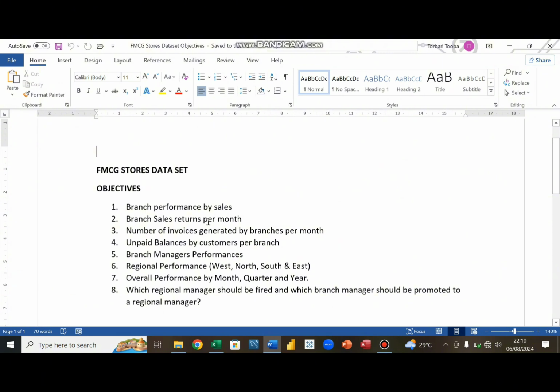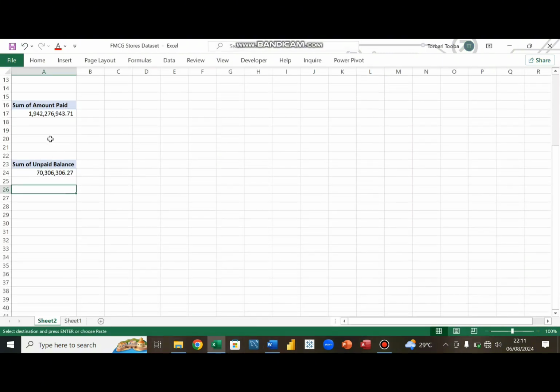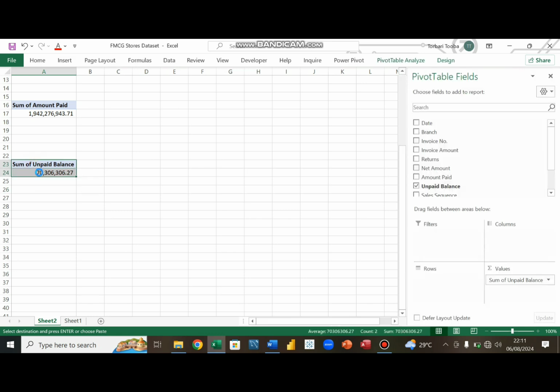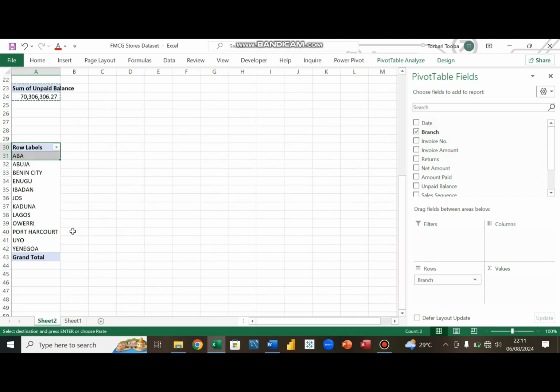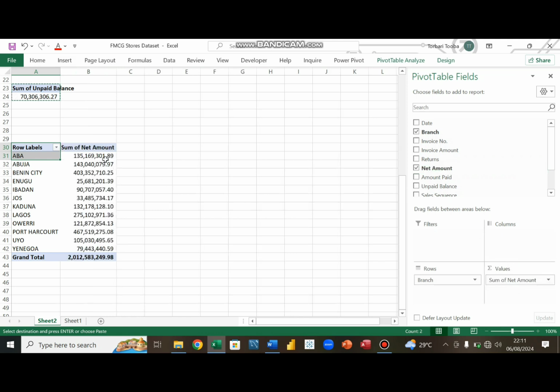Okay, so let's start with the first objective: branch performance by sales. Let's copy this to the next place. So it has to do with the branch. Click and drag the branch into rows. You have all the branches, and drag the net amount, like I said, it represents the actual sales, into values. And you have this. Now we need to sort them